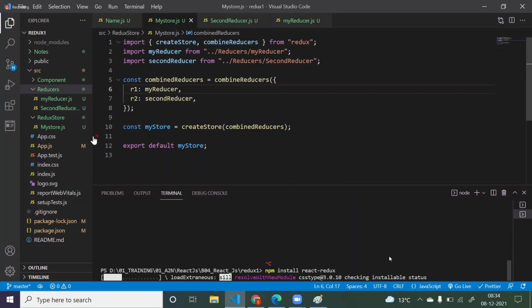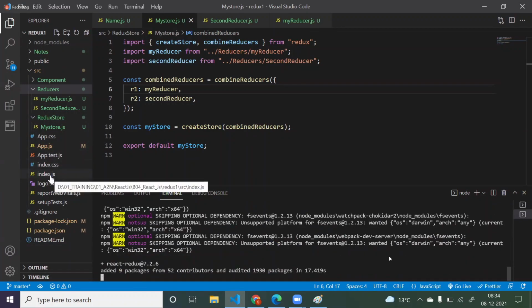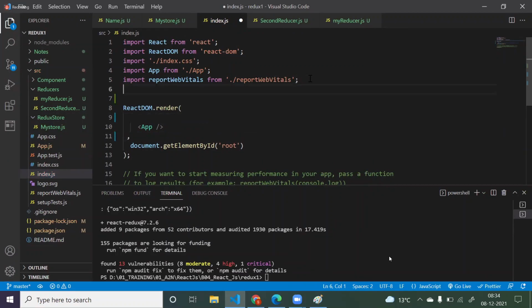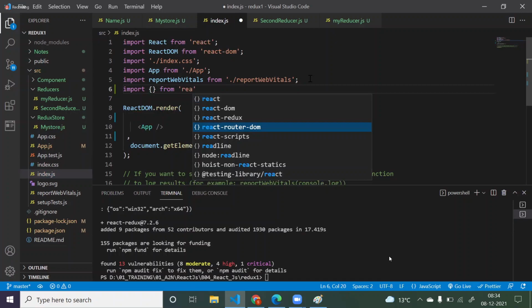So simply you can go to this index.js. Once it is installed properly, go to index.js. Now inside this index.js, simply you have to import one component called Provider from React Redux.